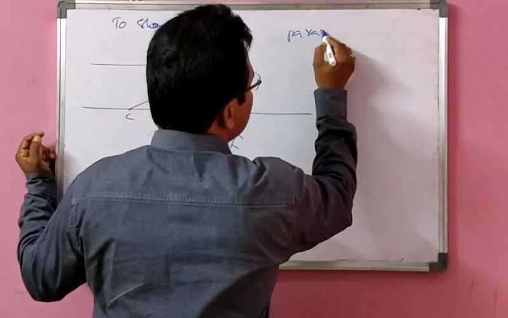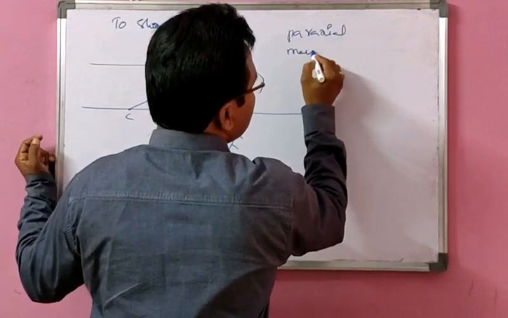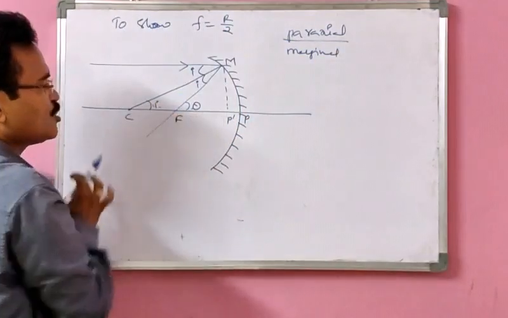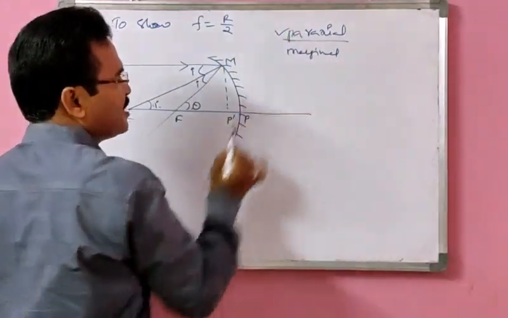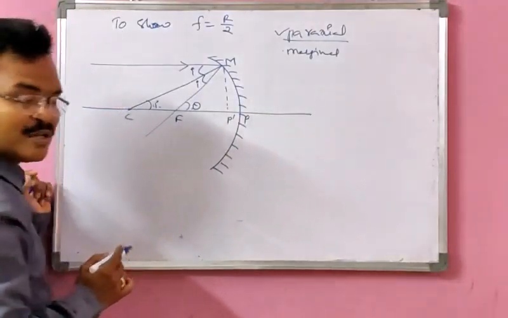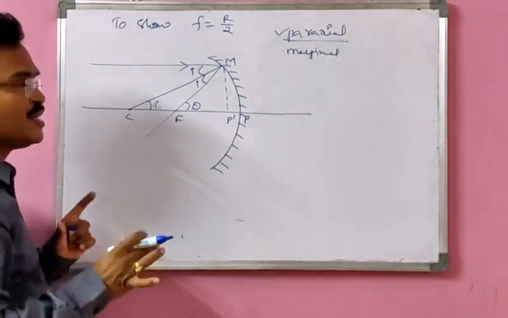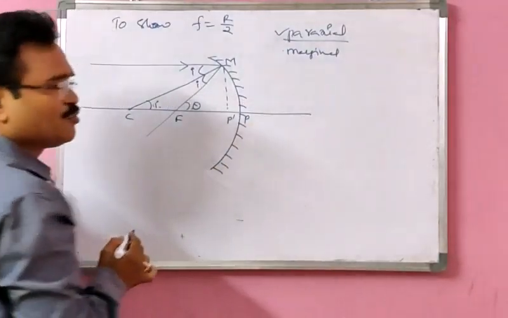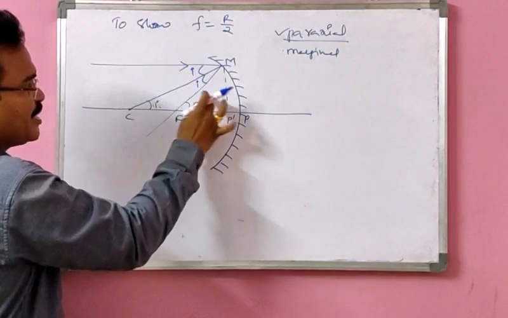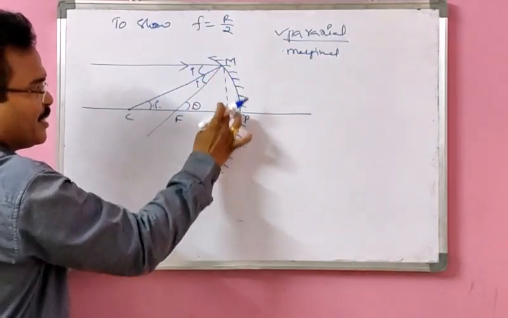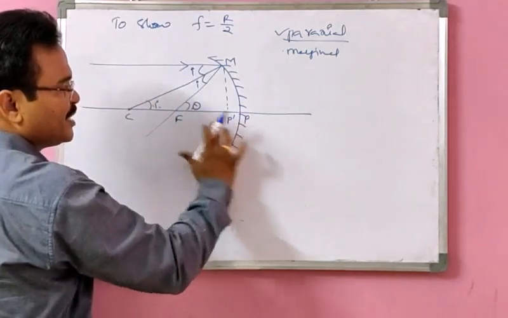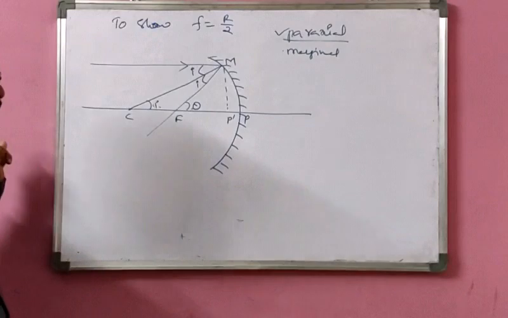What do you mean by paraxial rays here? Two types of rays are used. Paraxial rays are the rays which are very close to the principal axis. The rays which are away from the principal axis are called marginal rays. In this lesson, we take only paraxial rays into consideration. If this line is very near, this perpendicular P dash will coincide with P, so these two points can be taken as the same in all our considerations.